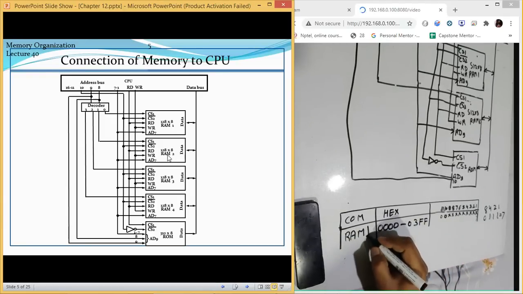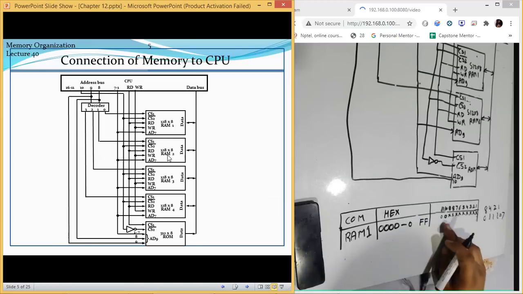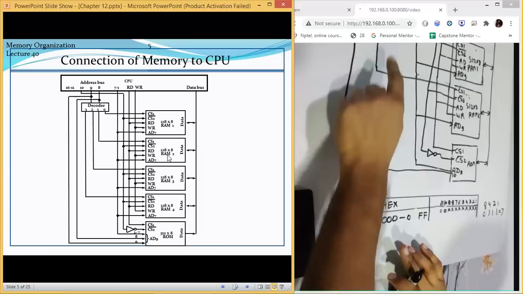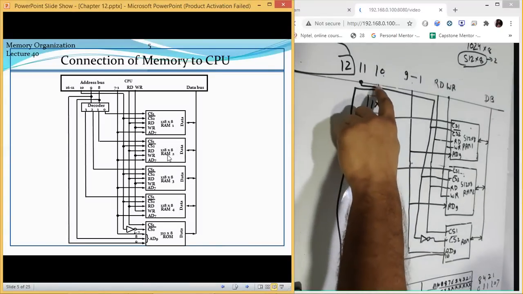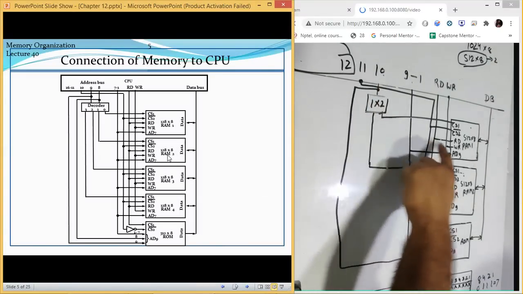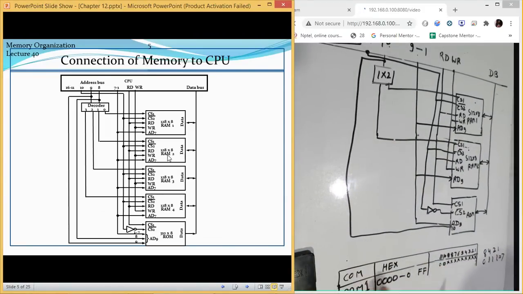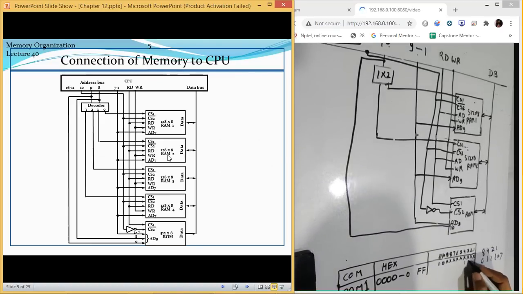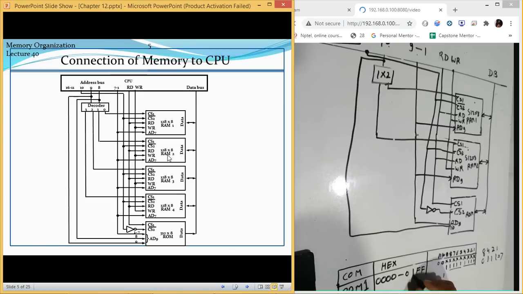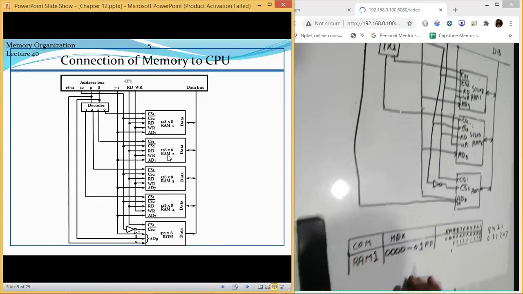If it is a RAM chip 1, it is going to operate when this value is 0. So if this value is 0, this RAM chip will work. So it means 10th bit should be 0. So 10th bit is 0. So that gives us this address. Now let us make all these values 1. Now what is the address? F, F and 1. So it will be 1FF for RAM chip 1 only.